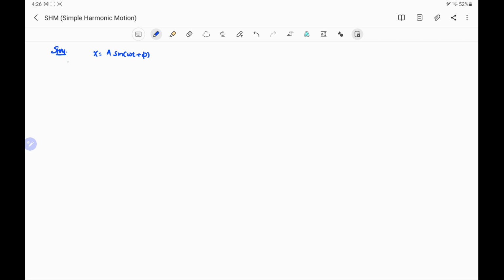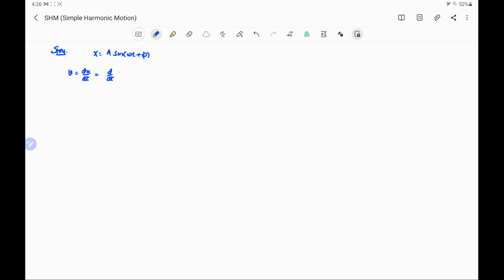As we have described, simple harmonic motion can be represented by the expression x equal to a sine omega t plus phi. Here x is the displacement, a is the amplitude, omega is the angular frequency, t is any time instant, phi is the initial phase. To get the velocity, we have to differentiate this expression with time, and we will get